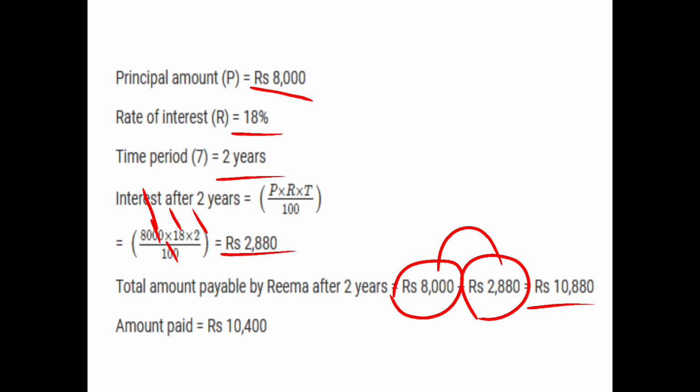Children, I hope you understood the concept of simple interest: how we can find the interest for 2 years, 3 years, etc. How can we pay the interest to the bank, and how we get the interest from the bank. These are all the things we have seen, and we have many more formulas in that also. I hope you understood the concept, children. Thank you so much. In the next video we can see the next chapter. Thank you.